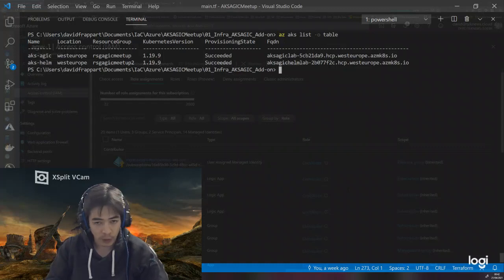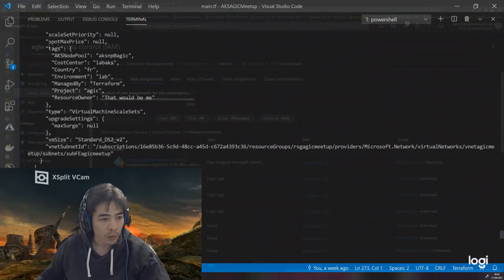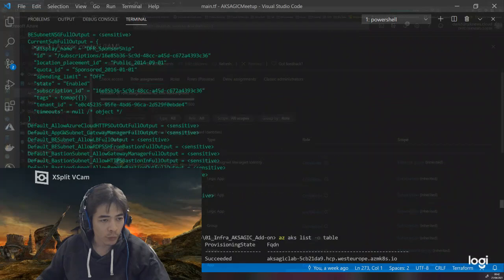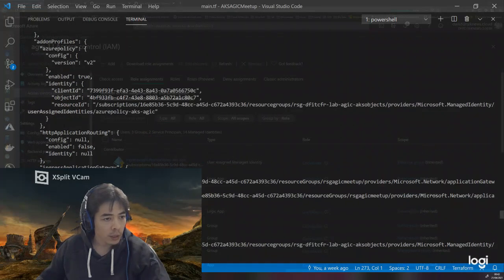If I'm doing an AZ AKS show specifying this name, its resource group, and I don't need to specify anything else, let's display that. It will give me a big JSON. We'll just parse that rapidly just to get the addon profile.